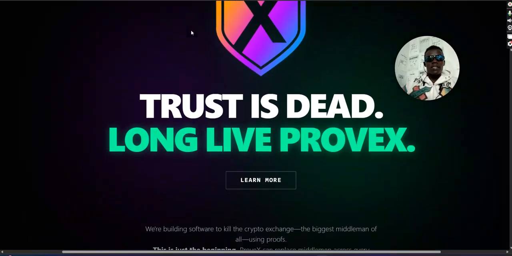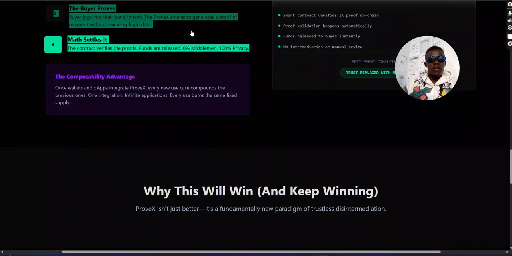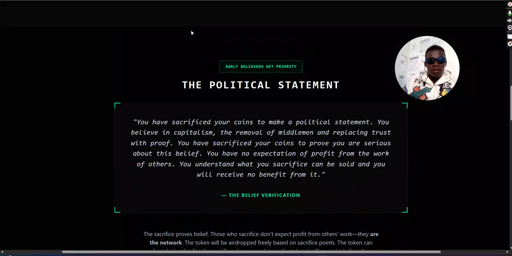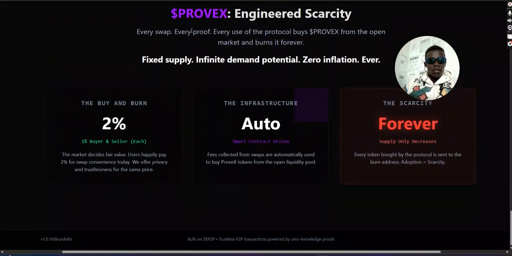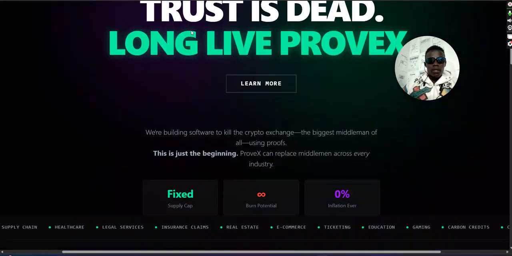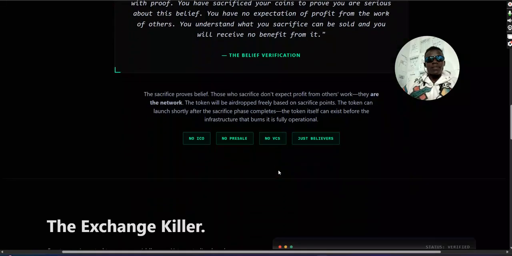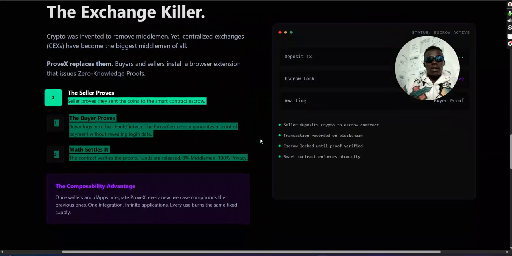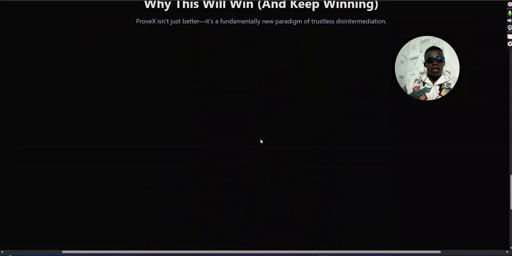So this is Provex that is coming now to replace all those other exchanges, the likes of Binance, the likes of, where are they? They are here. I'd seen that comparison somewhere. Yeah, I think I'll get it. But then it is comparing those other exchanges, the likes of Binance, and how it compares with these other exchanges. Okay.